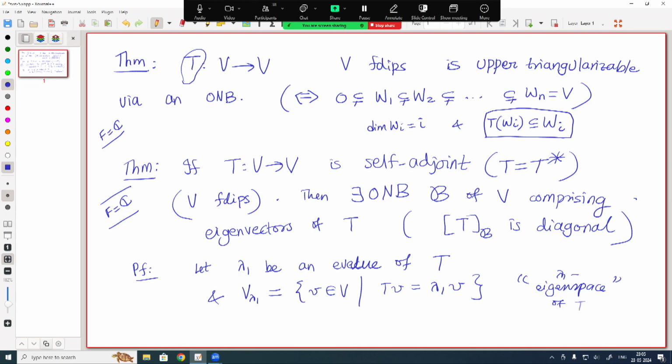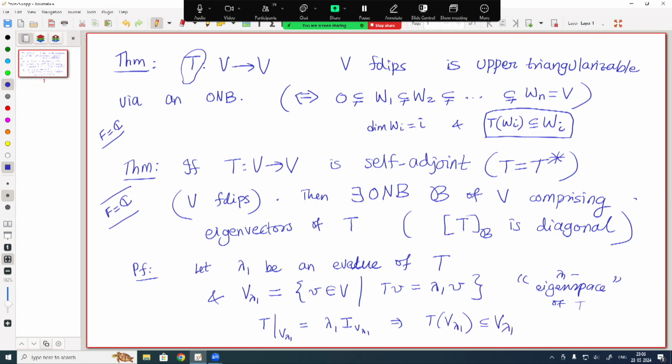Okay. Now, first question, is this eigenspace T invariant? If I act T on it, will I get back a vector in this? Yes, why? T just acts as a scalar multiplication by lambda 1, right. It is obviously T invariant. In fact, when T acts on the eigenspace it just acts as scalar multiplication by lambda 1 on V lambda 1. So, in particular T maps V lambda 1 to itself,